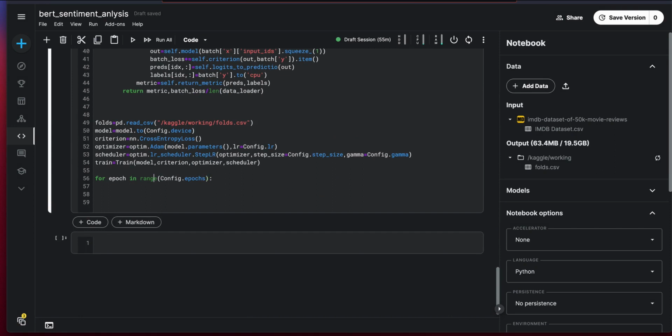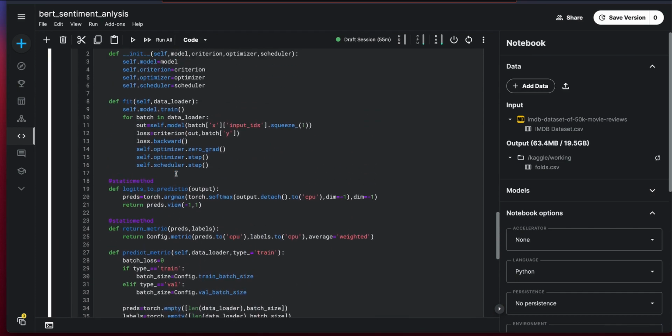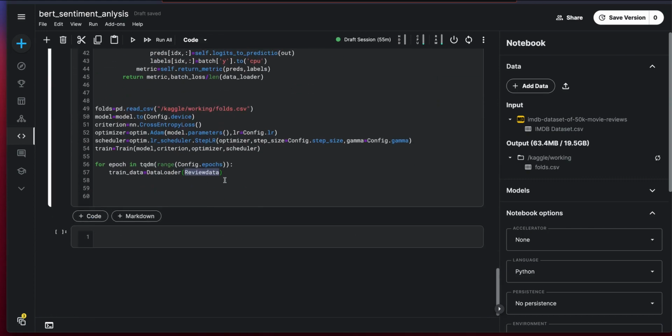We can also wrap a tqdm here so that we'll know the progress. And train data equals DataLoader of review data. Do you remember the review data? This was the review data loader. So every time we are on an epoch,